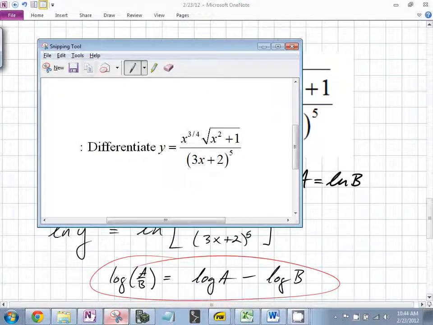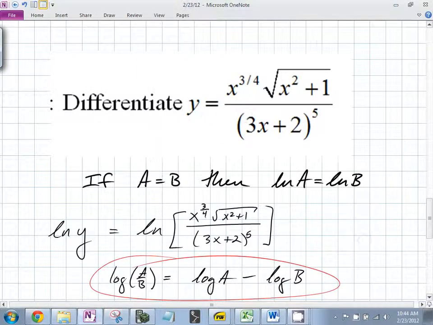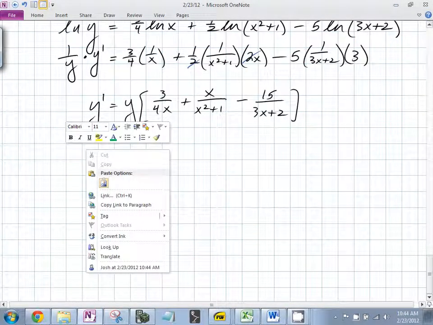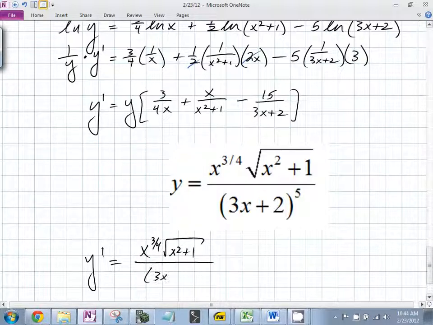What does y equal? We have to put it in. We know this is true, right? Do you agree? Yes. So ready? y prime is equal to x to the 3/4 times the square root of x squared plus 1 all over 3x plus 2 to the 5th times 3 over 4x plus x over x squared plus 1 minus 15 over